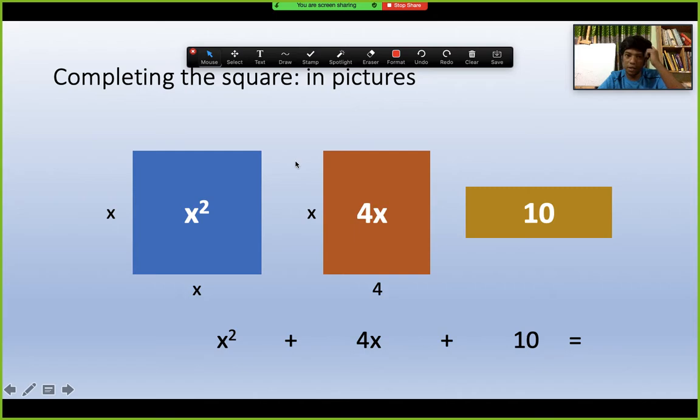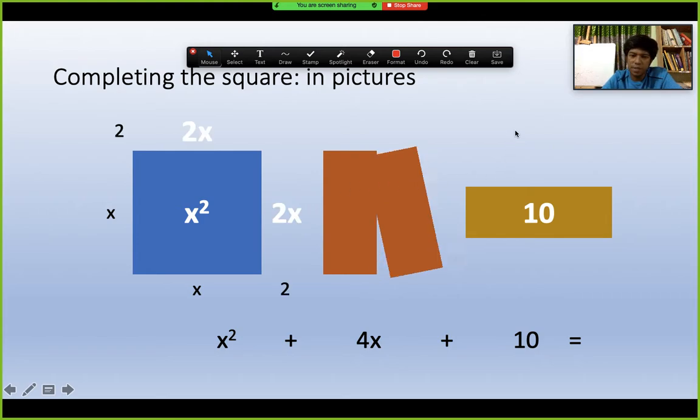And here, completing the square in picture. So this is x squared plus 4x plus 10. Can we write x plus something whole squared plus something, or (x plus a) plus b whole squared? Can we write it as (a plus b) whole squared from here? The answer is yes. Then what happens? See, inside the math,